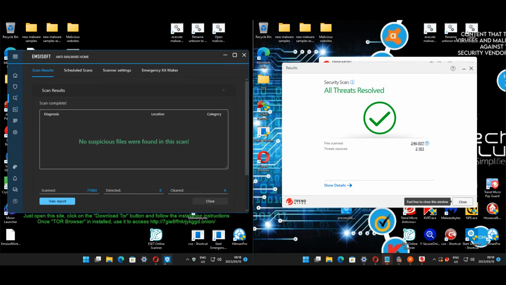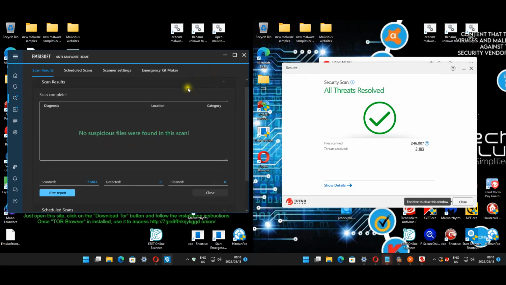Okay, so the full scans are completed. Sorry for the long delay. TrendMicro triggered an intense scan, and that took intensely long to complete, but we are finally there. Okay, so with Emsisoft there were 46 threats that were detected, and it wanted to restart to remove them, which I've already done. So I've done another full scan, and as you can see, it can't find any more threats. On TrendMicro,